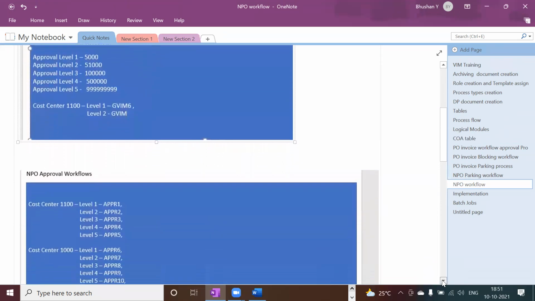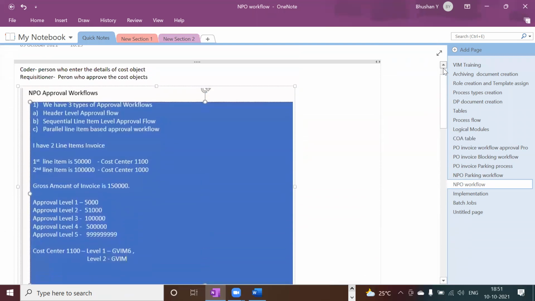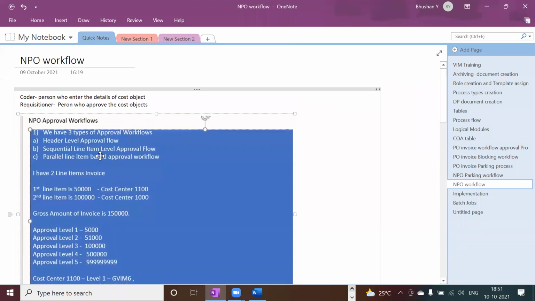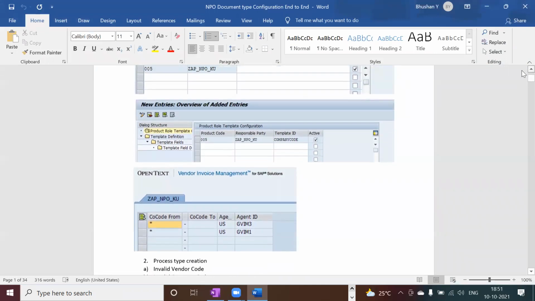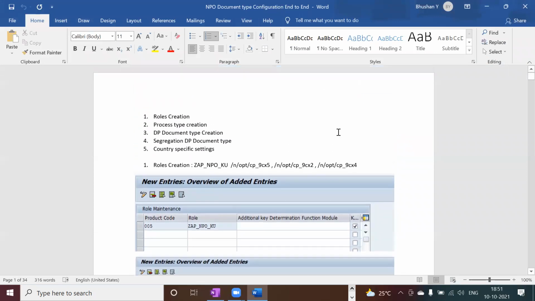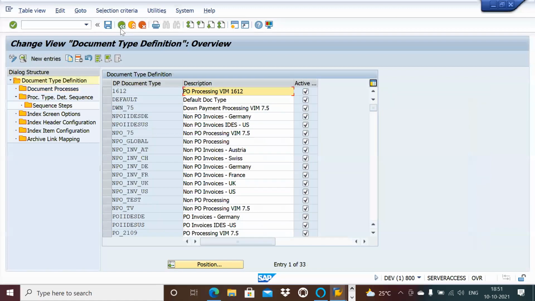And this sequential line item, I'll make you understand. Let's discuss it, we'll go with the configuration. So first, we create the NPO document type for our